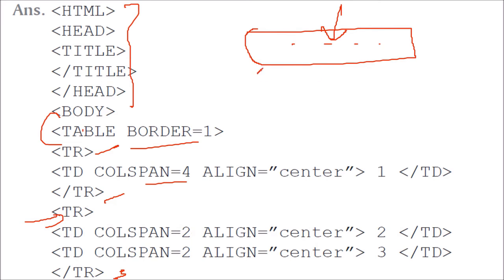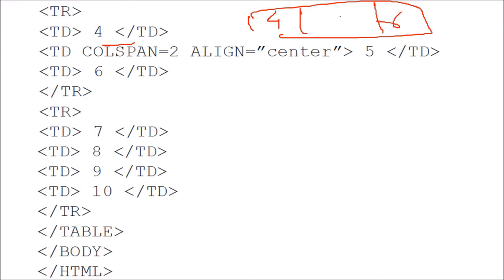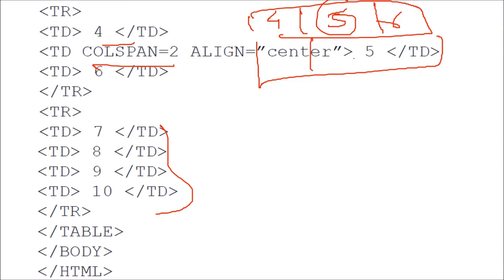The colspan is first, this was 1, this was 2, colspan was 2, and here also colspan was 3, and we centrally aligned it. Then the third one, we have 4 here, then 6, and this 5 is taking colspan equal to 2. And for the rest, the below one, we didn't do anything. We have 4 content in this TD, no colspan, no rowspan.